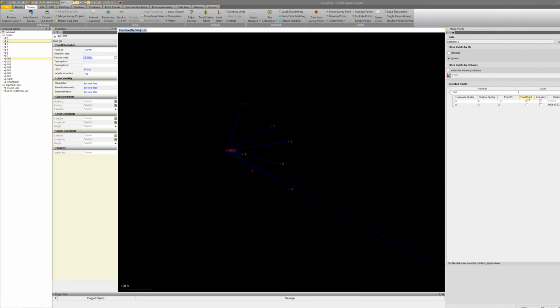So when I do a merge point, where do I want to end up at? Well, I want all those 100 points to land over here with number 2. So I'm going to click it as final point. So if you'll look, point number 100 is going to move a long way. They're going to need a plane ticket to get over to this one. So if I say okay,